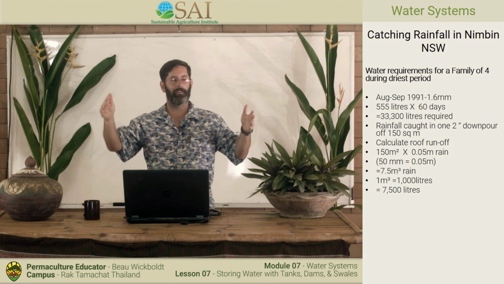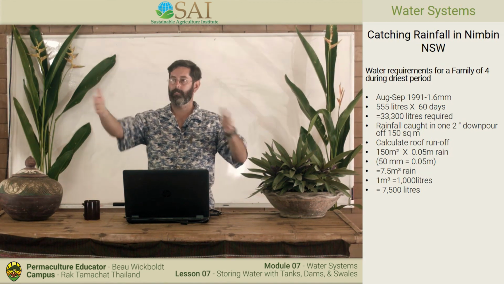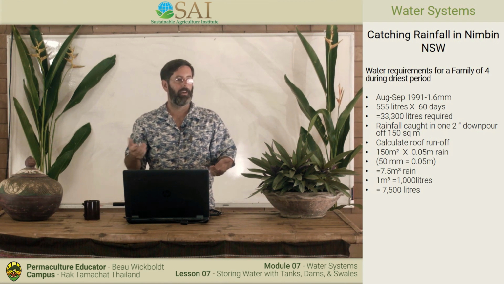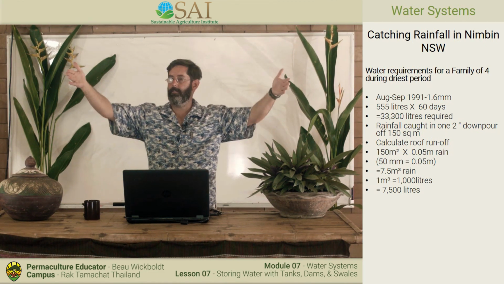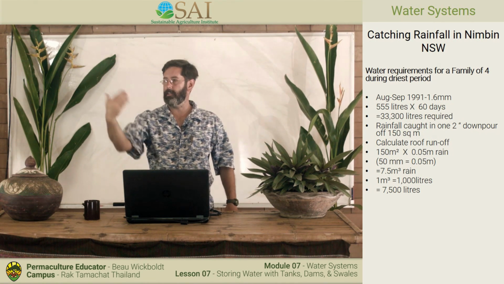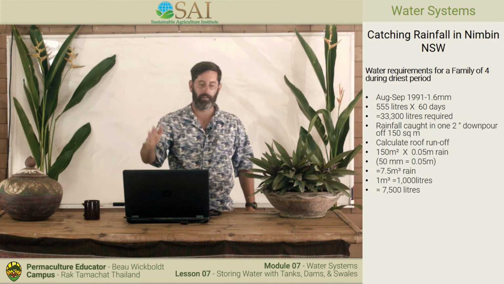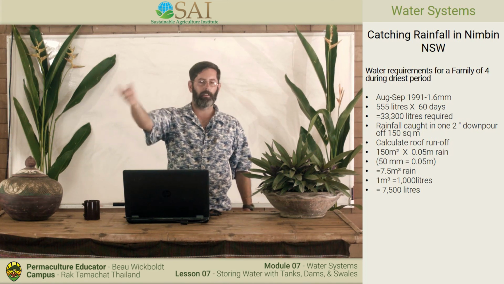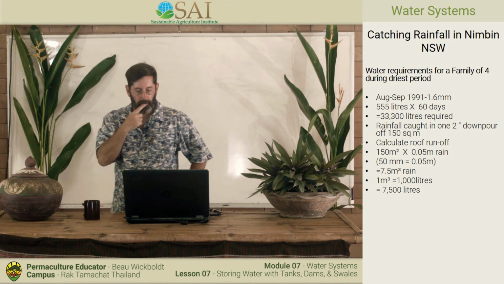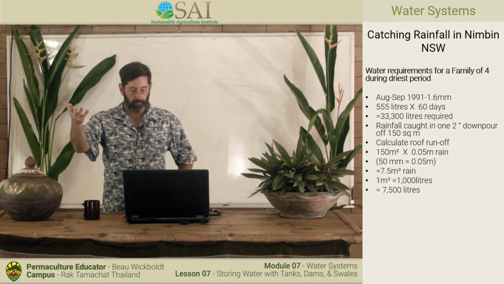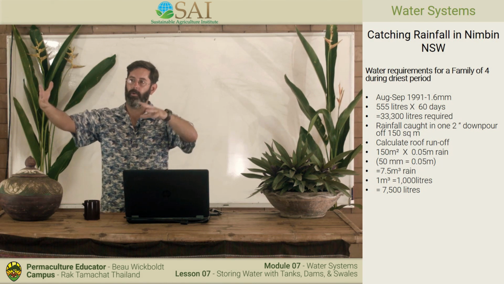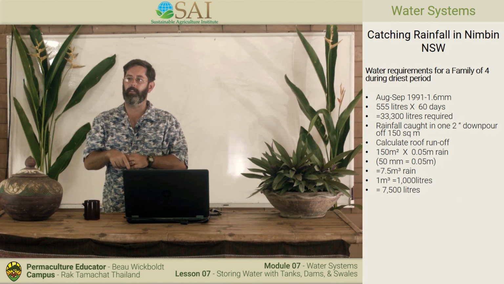So every millimeter it rains on 1 square meter of your roof, you get 1 liter of water. Really easy. I take the size of my house, 1 millimeter, I get 1 liter per square meter. I can catch that water. Super simple calculation. So she did it in inches and then converted it to millimeters. I would recommend just doing it in millimeters. But at this point, with 50 millimeters, they get 7.5 cubic meters of water, or 7,500 liters, in that one